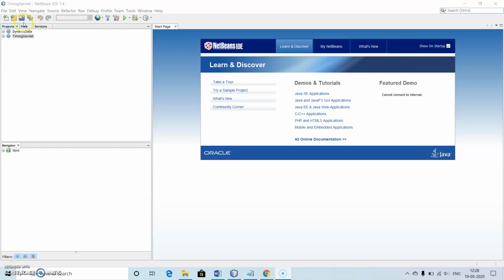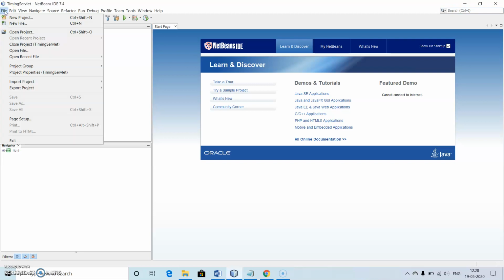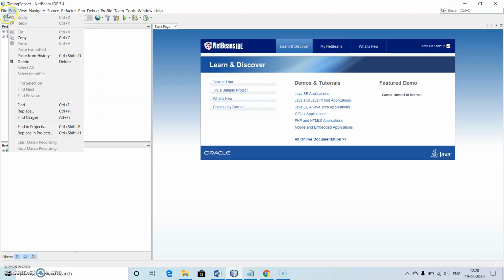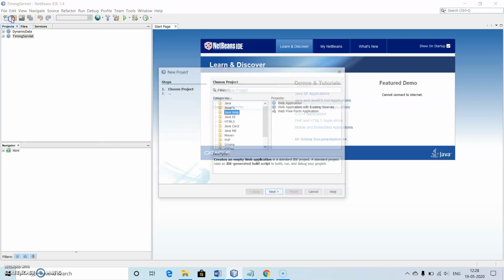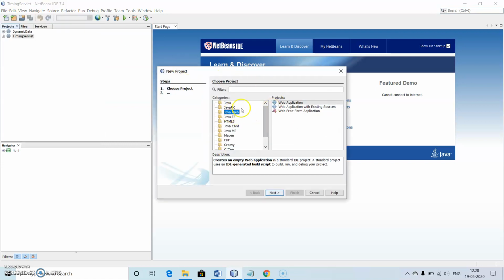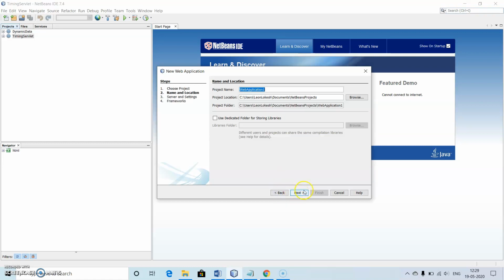Hello friends, now let's start working with the third program, that is finding out the difference between the get method and the post method. So first what we do is we go to new project, then go to Java web application as usual and click on next, then we give the name as get method